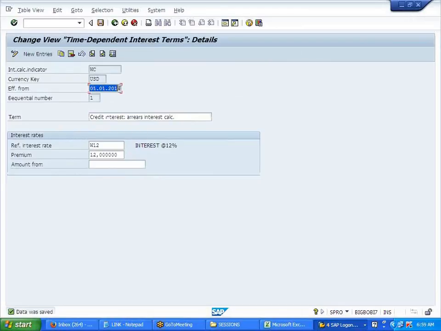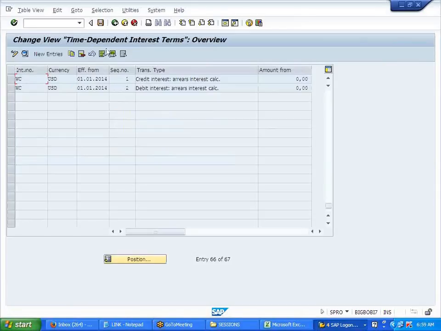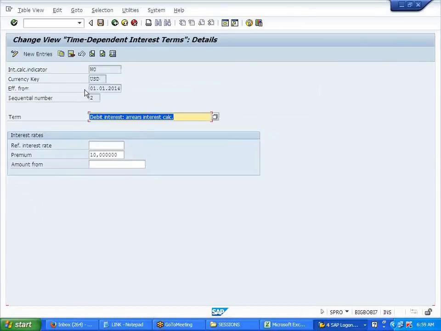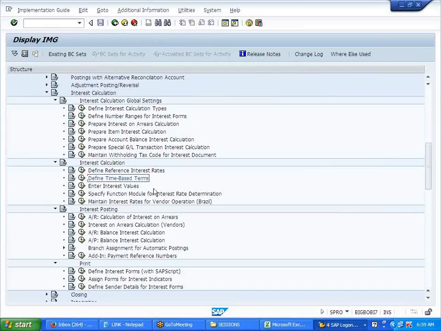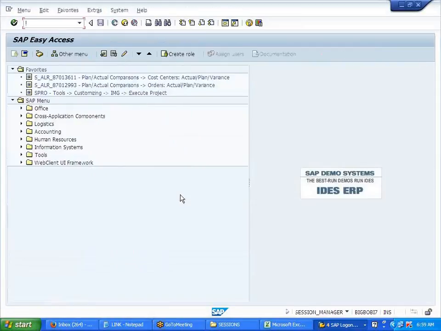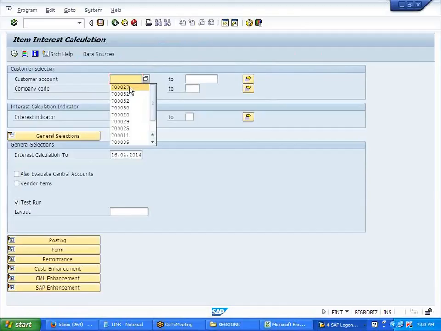Credit. Dates also, I thought I had given some wrong dates over here. Okay. That is also correct. In the debit side also, if you see here, 10%, right? So we give W9. So it should become 9% plus 10, 19%, right? So that is 24. This is 19. Okay. Now when I go back, 27, right?